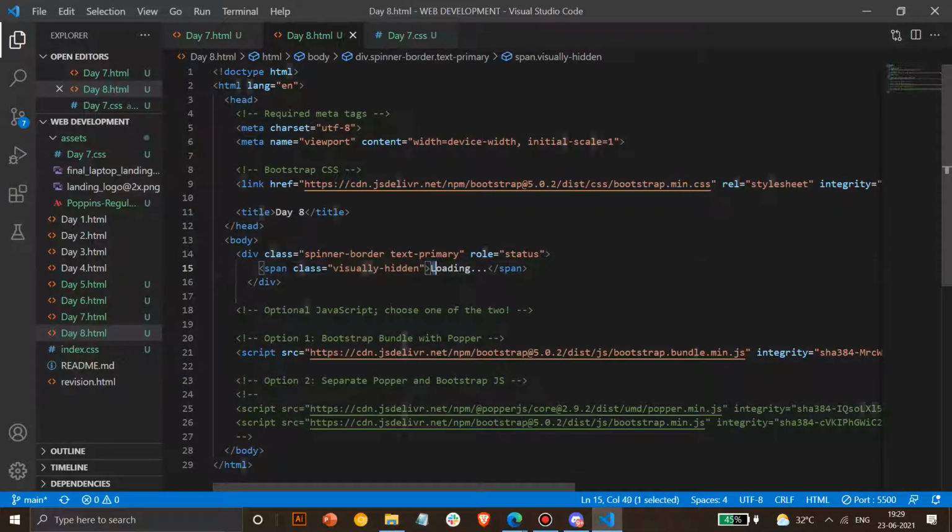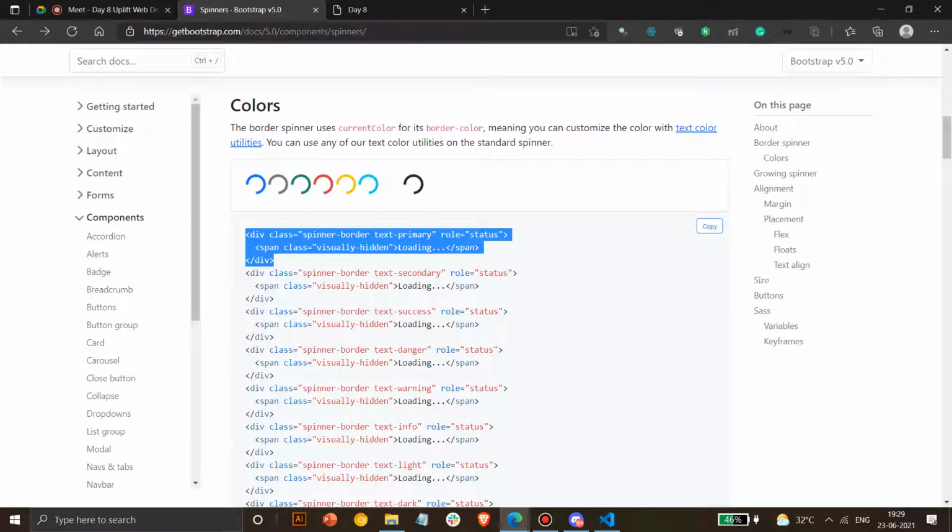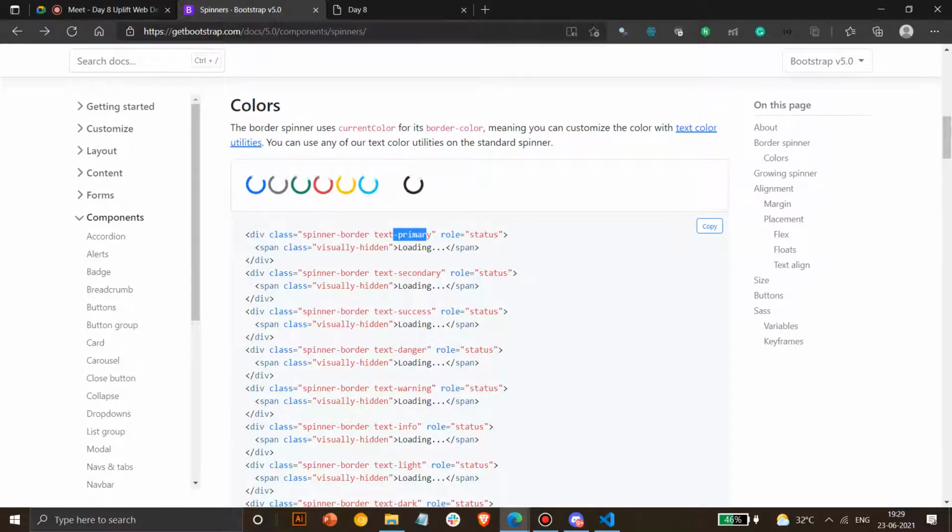When the loading is performed, this keyword also goes away, because it's written in an if else condition. So till the page loads, you can have this, and if it's done, then it will go automatically. Rest the colors and everything you can add on your own.